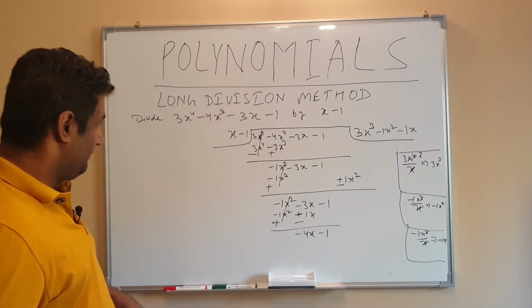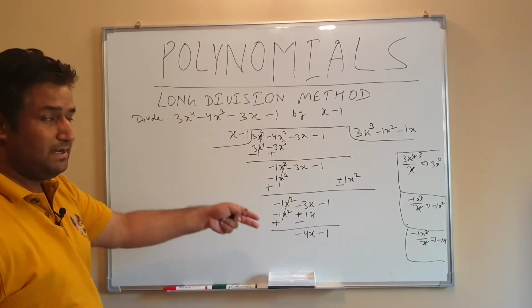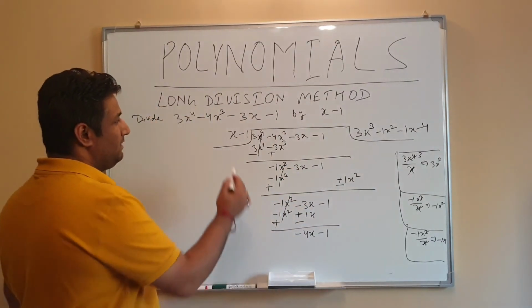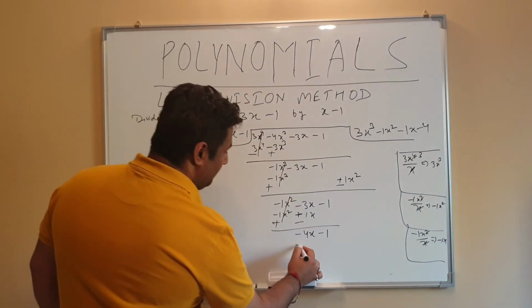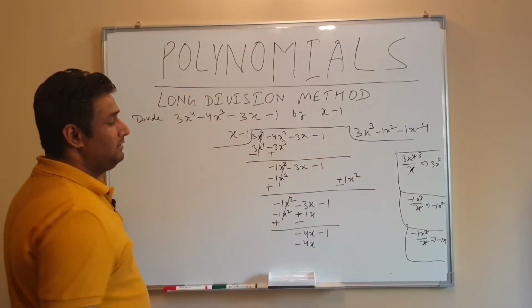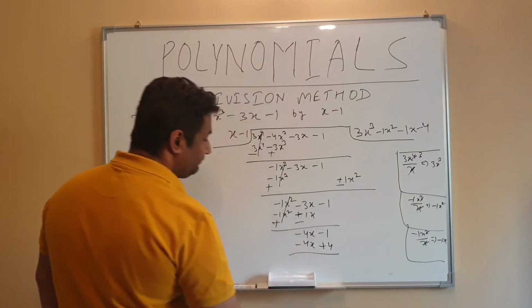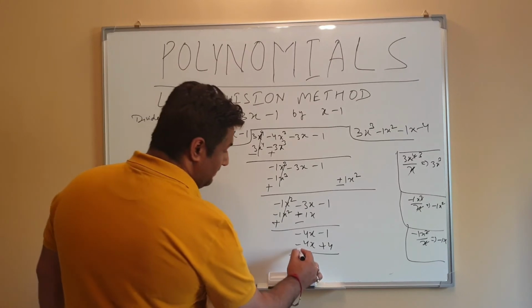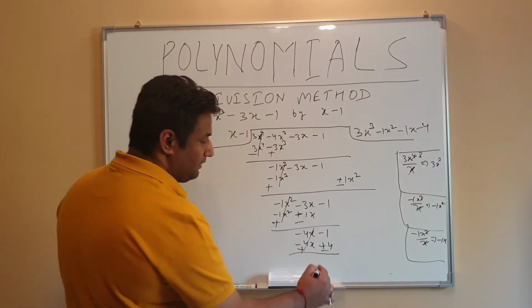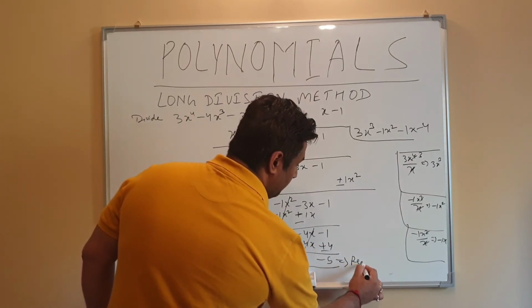Okay. Now if you see here, you have a x out here and you have a negative 4x. So basically you can just by look of it, you can see that you have to multiply it by negative 4, right? So negative 4 times x, you will get a negative 4x, and negative 1 times negative 4, you will get a positive 4. Now if you see both the terms are equal, so just addition and subtraction, so they will get cancelled. Negative 1, negative 4, you will get negative 5. So this will be your remainder,